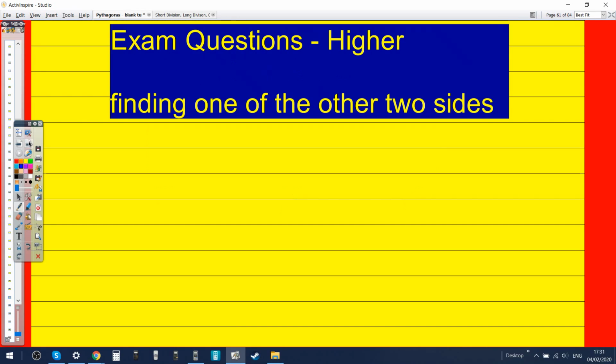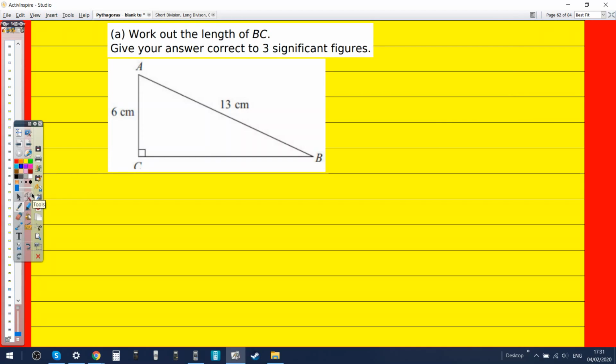And this one, let me see. Okay, let's try this one. Pythagoras. So do you have to do 6 squared and 13 squared? It is the other way around. It is 13 squared, take away 6 squared. So then you find the square root of the answer. Then the answer is